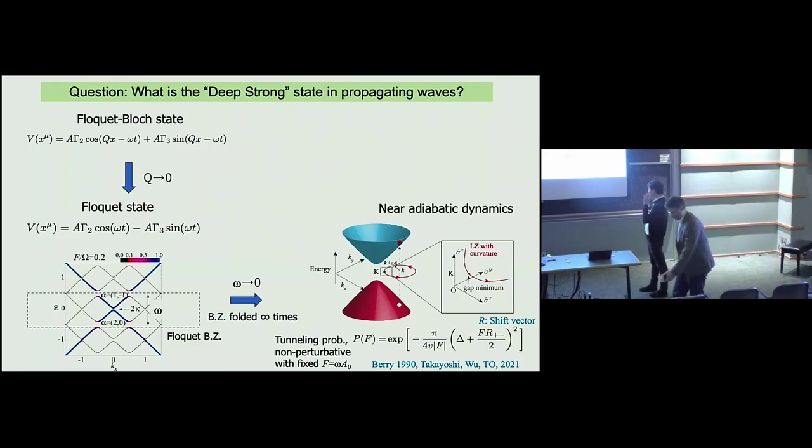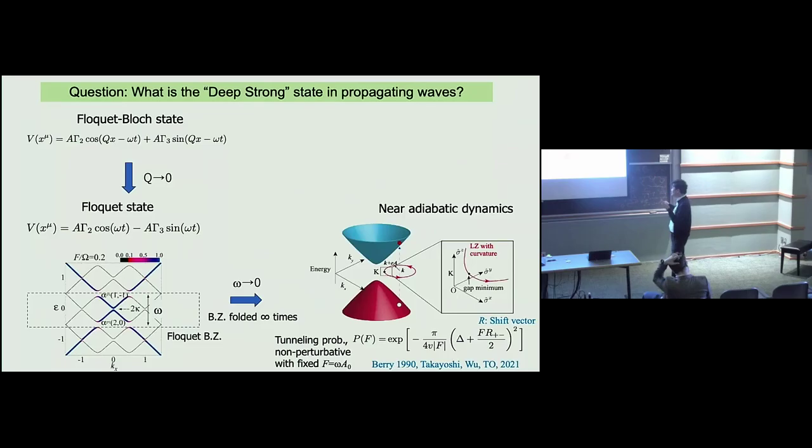For example, when we are near adiabaticity, the first thing we think about is the Berry phase. But then the next thing is the tunneling process. So from the adiabatic limit, we start to have tunneling. Usually this tunneling is understood by the Landau-Zener formula. And if we look into the Landau-Zener formula, actually there are some geometric corrections. So not just the Berry phase for the wave functions, but also the tunneling probability has some modification from the